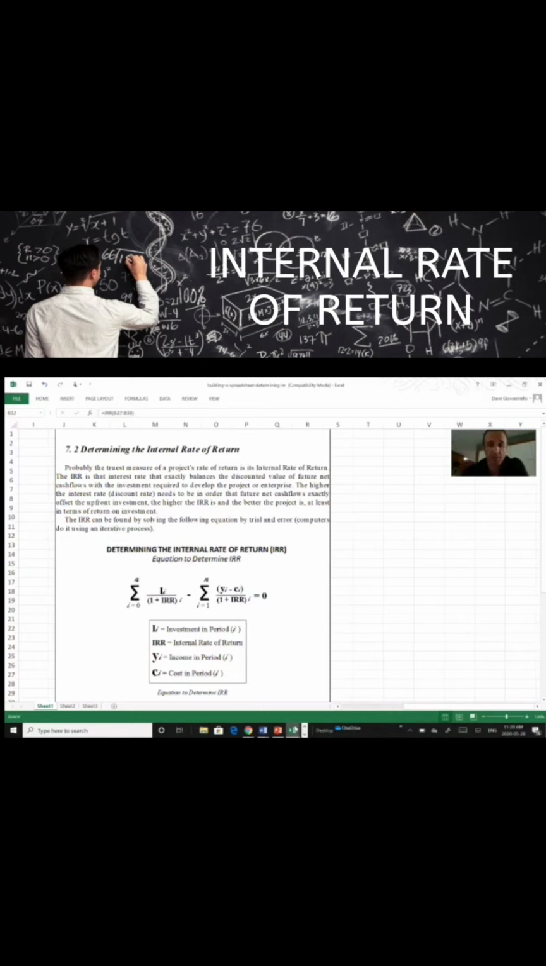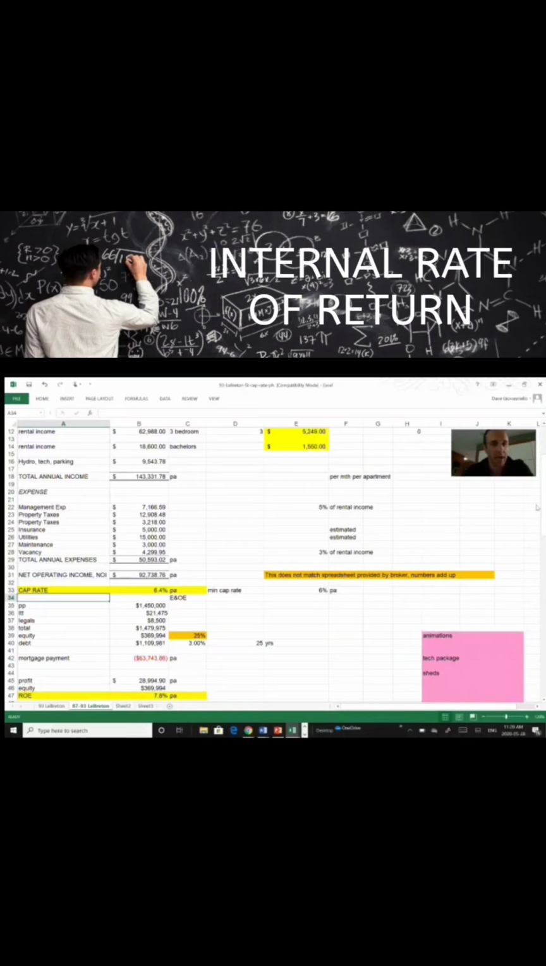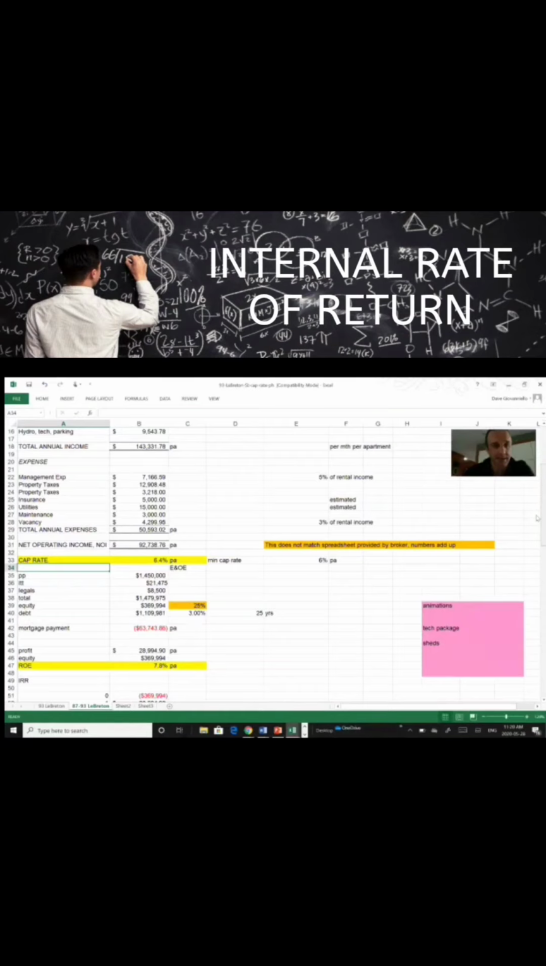So I'm going to go through one that I built to calculate on a 12-plex that I might be interested in investing in. So the purchase price, line 3, shows $1.45 million. And as I scroll down, I have my total annual income on line 18 of $143,331. And I scroll down a little farther, starting on line 20 are my expenses. I put in management, property taxes, insurance, utilities, maintenance, and vacancy, coming up to $50,600 for a total net operating income of